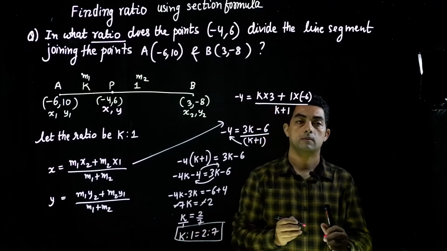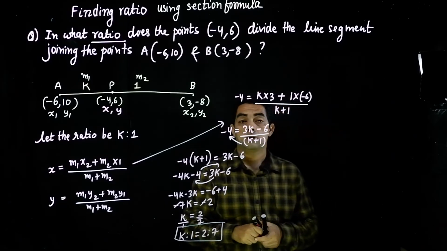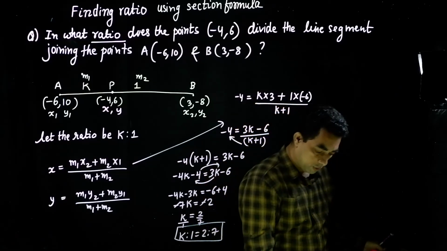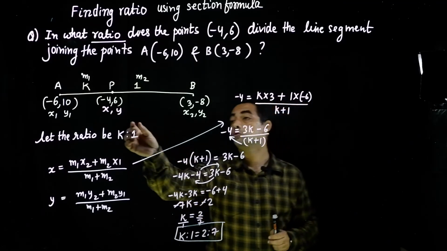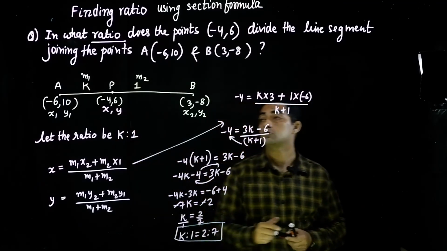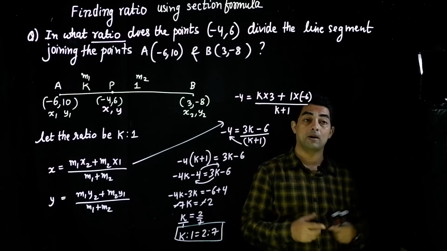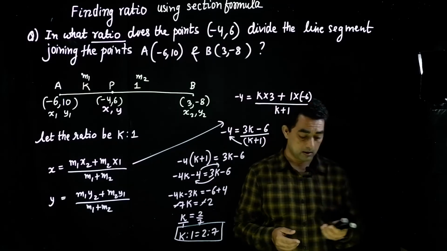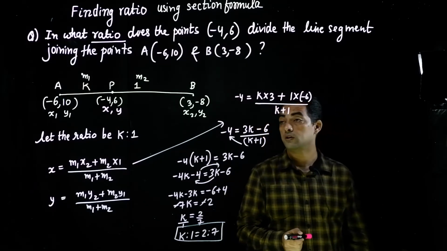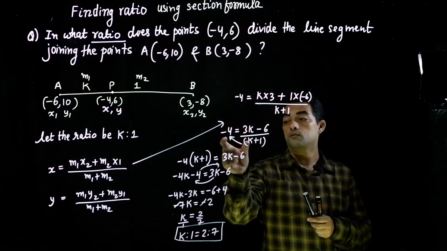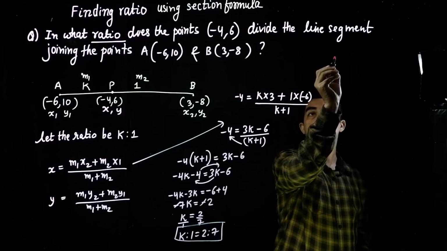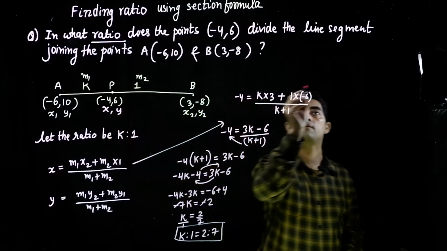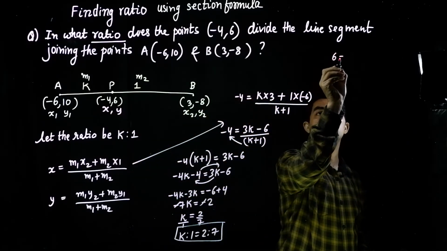See how easy it is to solve the question. Now the question arises, some of the students have a doubt. They start asking, sir, can we use the y coordinates to find out the ratio? And my answer to this is, let's try. Let's see if we can do that. We can use that. So for y also, let us substitute the values. What is the value of y? Y is 6. So it will be 6 is equal to